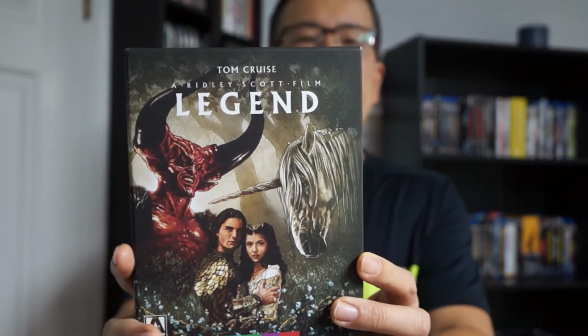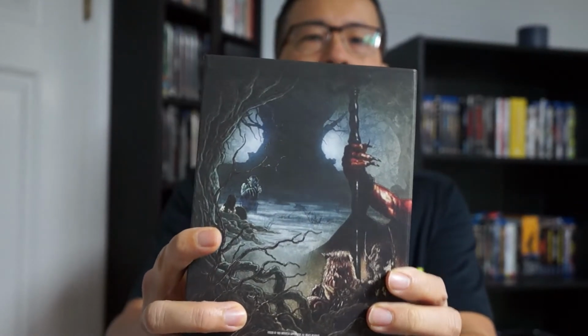I just want to start off with what I have just recently got in, and it is the Legend set from Arrow. This is on Blu-ray, not 4K, as has been controversially discussed, and we'll explain why it's not in 4K as we go through the set. So, it's your standard, really nicely packaged Arrow set, and the box is the typical